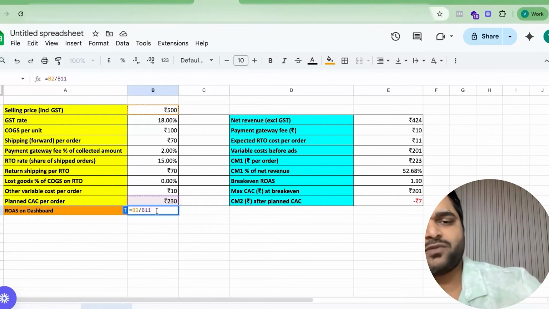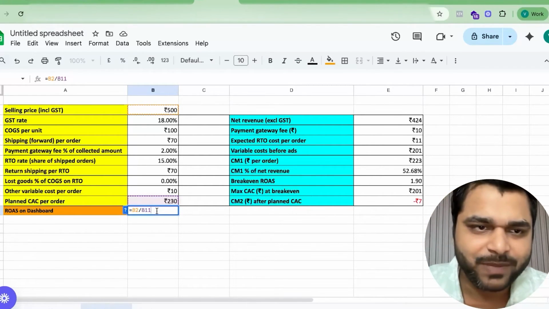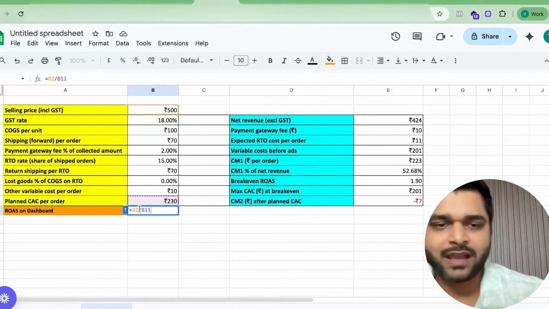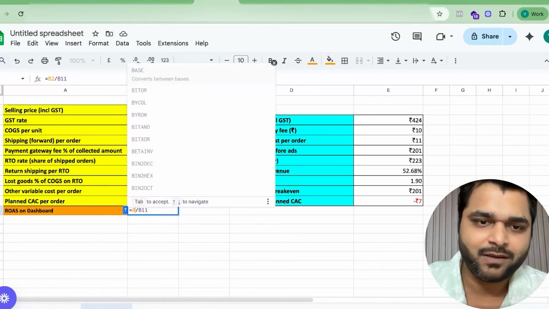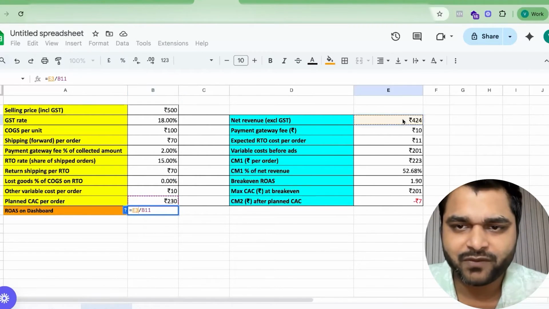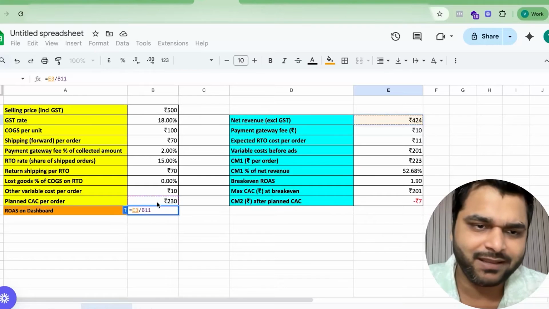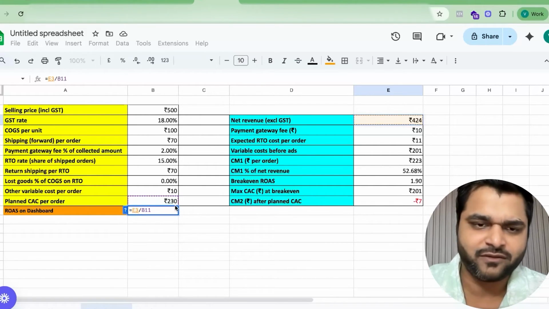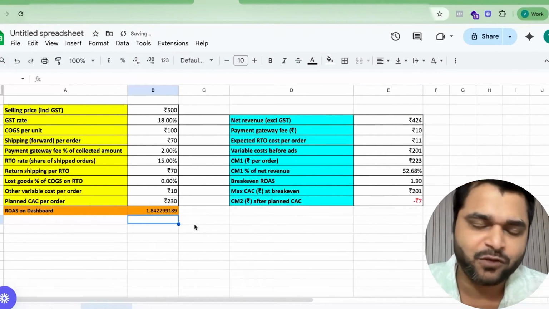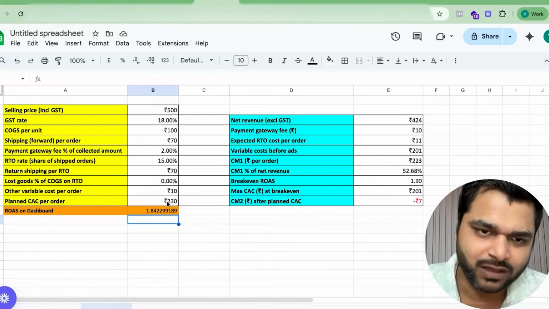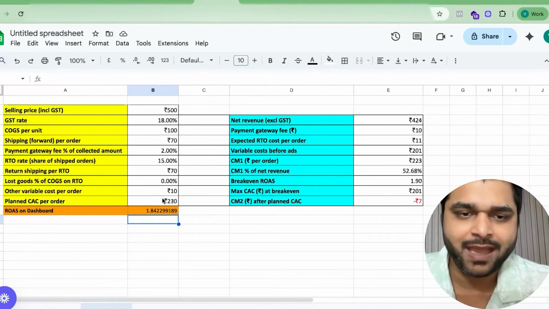The ROAS on the dashboard is calculated on the basis of your selling price divided by this CAC. How we should be calculating our ROAS is on the net revenue, which is 424 rupees, and we can take this CAC, which is basically exclusive of GST. But in case you have to also take into account this GST number into your CAC, what you can do